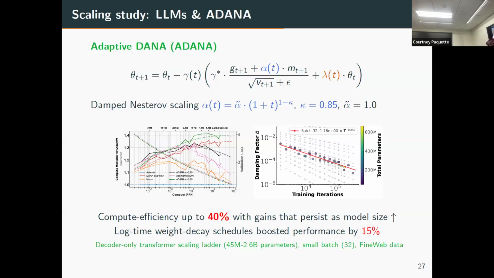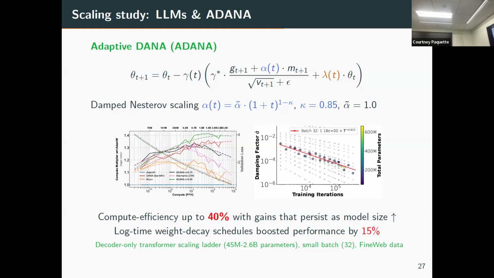So how did you determine this kappa? Is it like you did a search and then asked when does it become unstable? So we searched, and what we did is we just tried it. I didn't show a picture of this, but on LSTMs with C4 data, and this is with FineWeb data instead, we ran it, waited until it diverged, and found it from that. It was roughly between 0.75 and 0.9. Even on FineWeb, it's exactly the same. So we started with that range, knowing a priori from LSTMs that it was good.